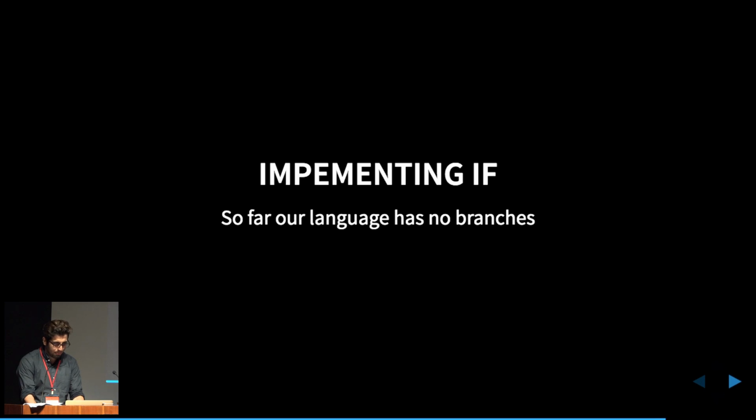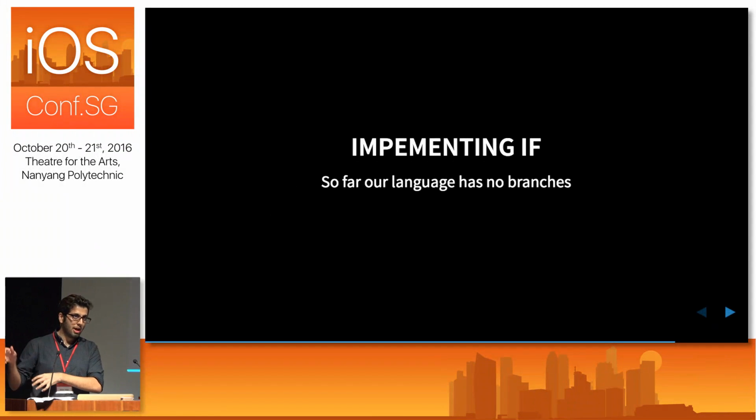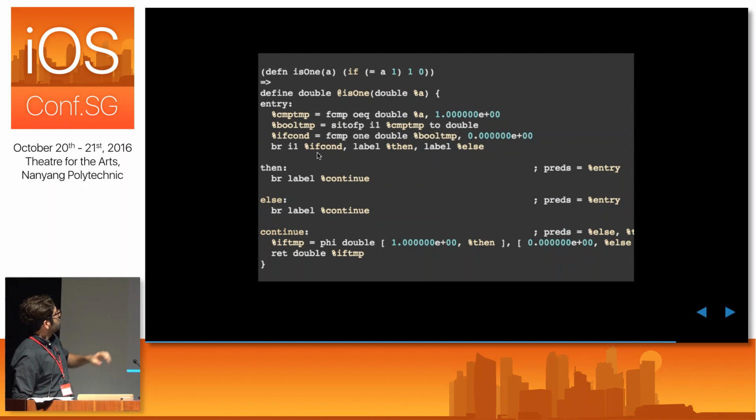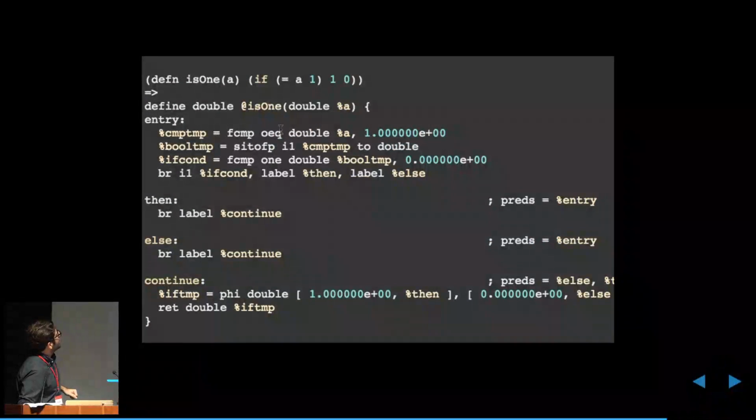So how do we add branches? I'm not going to show you the implementation for it, but I'm going to show you what LLVM will produce, and we're going to work back from there. So for LLVM, let's say I define this function. Whoa, I'm sorry for this wall of text. I apologize in advance, but let's go through this slowly. Let's say I define a function